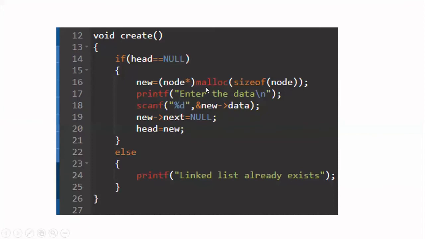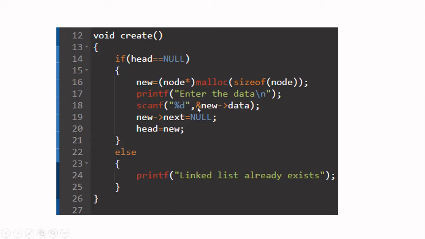Then you have created the memory. Next step is read the data from the user and store it in the data field. For that, you ask the user to enter the data. When he enters the data, you have to read the data only by this pointer now. The pointer name is new. Since you access the members of a structure by using a pointer, write new arrow operator, the member name. The member name is data now. And this is what type of data? It is integer. In scanf statement for integer, float, double, you will use ampersand. So here also you have to use ampersand.